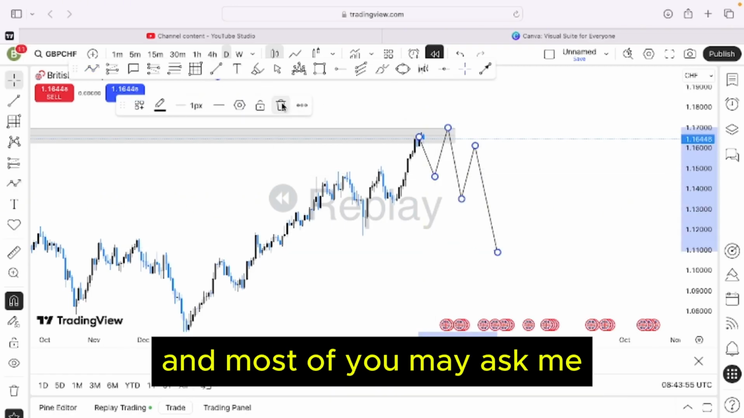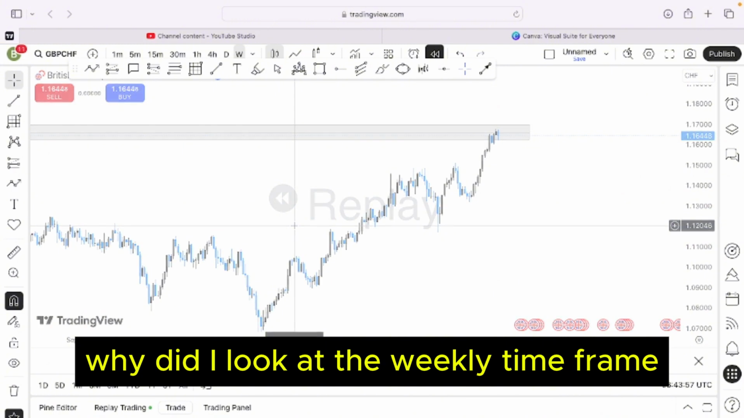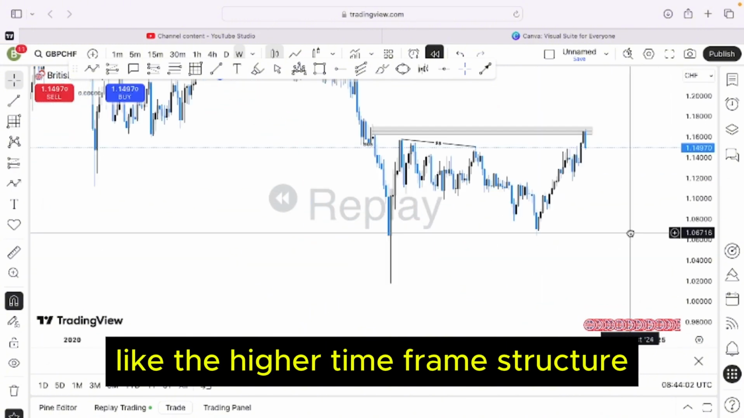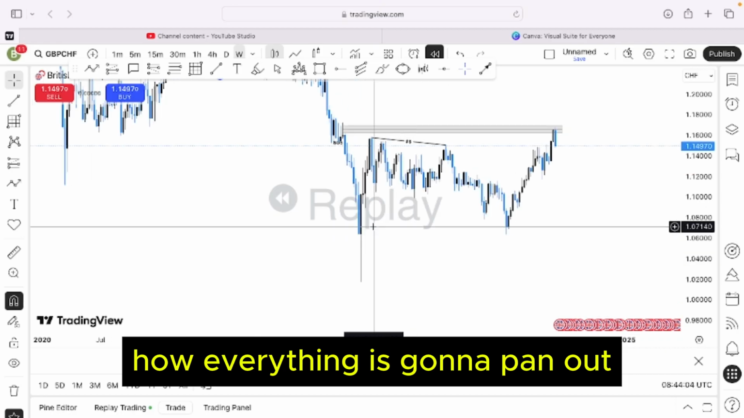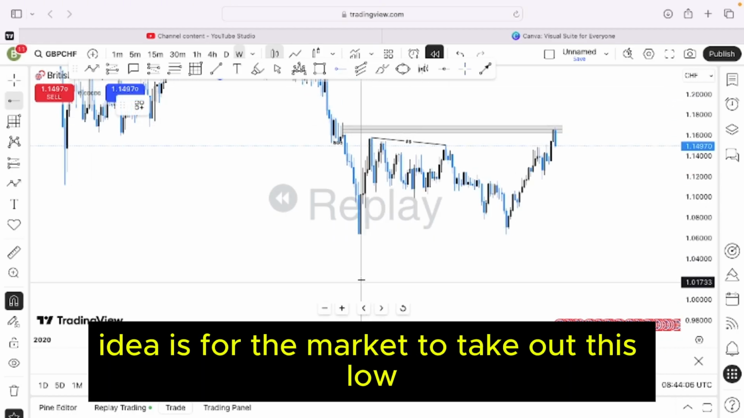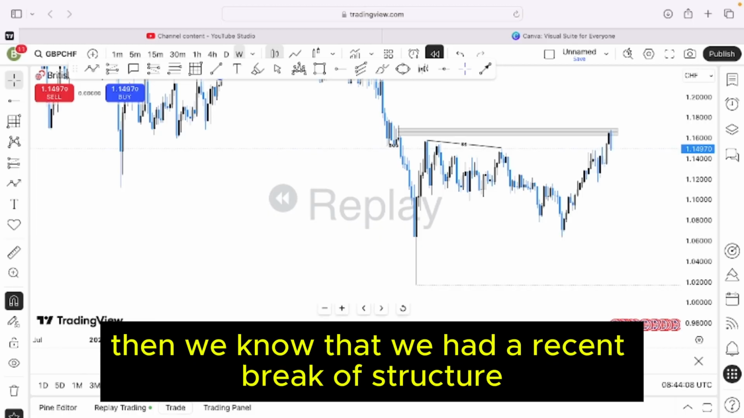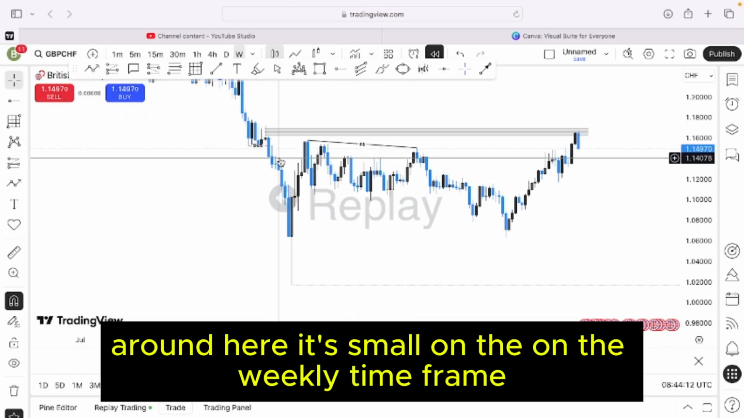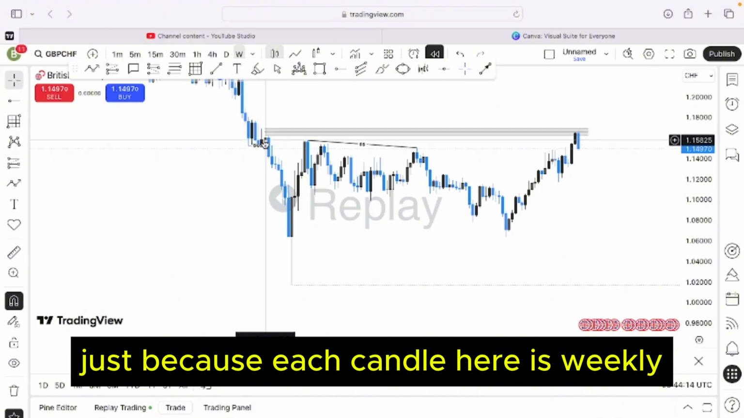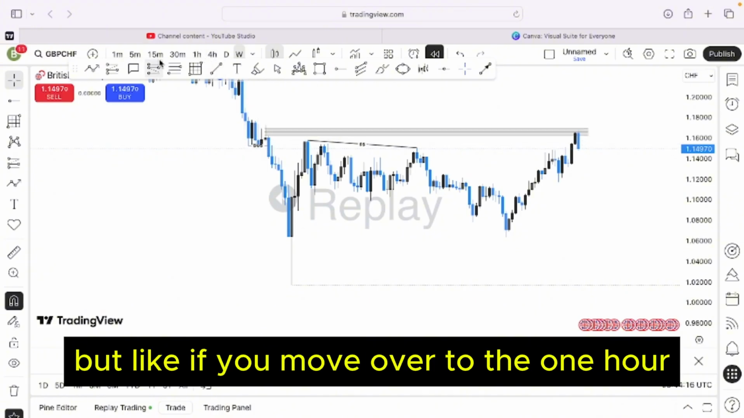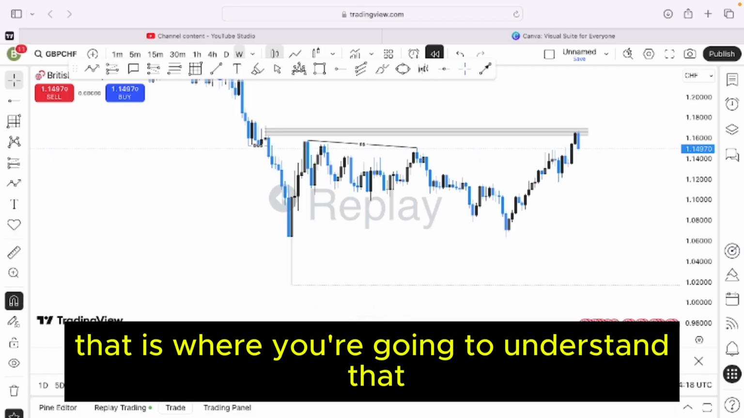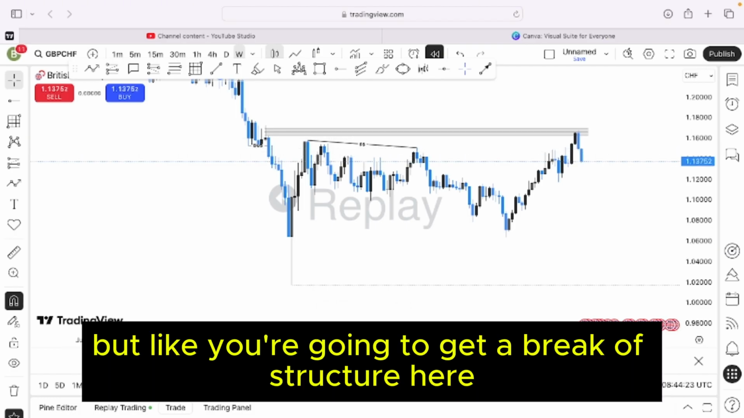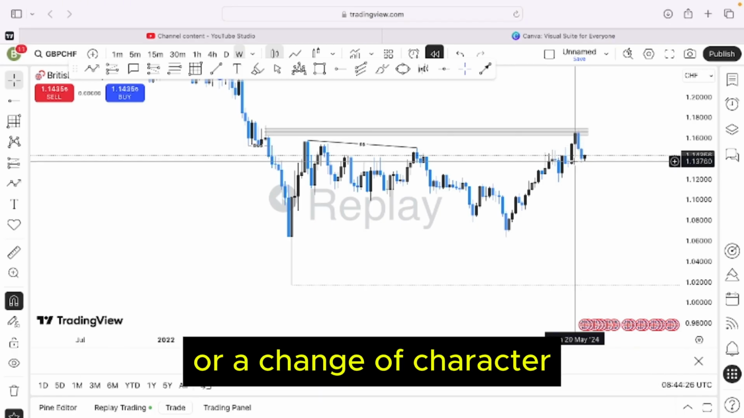And most of you may ask me, why did I look at the weekly time frame? The weekly time frame shows you the higher time frame structure, how everything is going to pan out, because the idea is for the market to take out this low. Then we know that we had a recent break of structure around here. It's small on the weekly time frame, because each candle here is weekly, but if you move over to the 1 hour, the 15-minute, that is where you're going to understand that the market is pushing nicely to the downside. But you're going to get a break of structure here or a change of character,